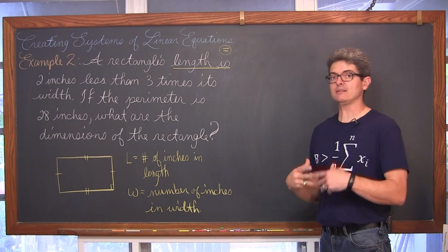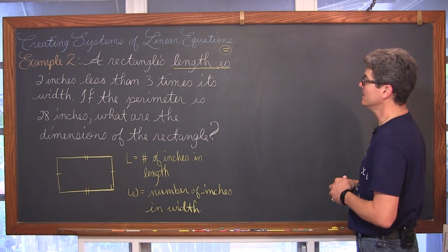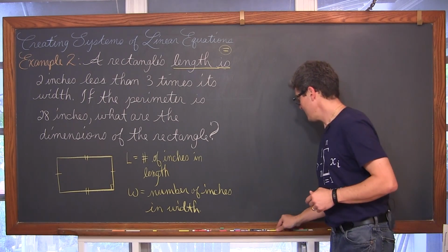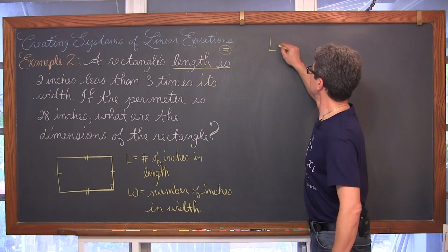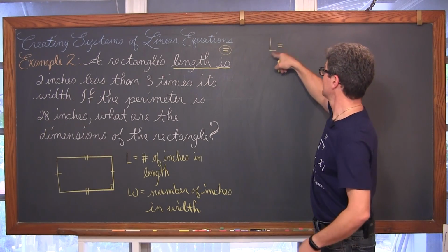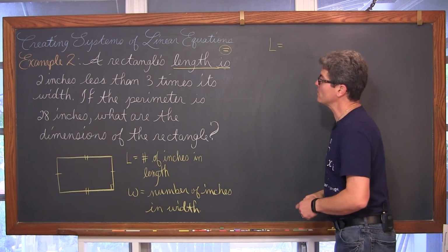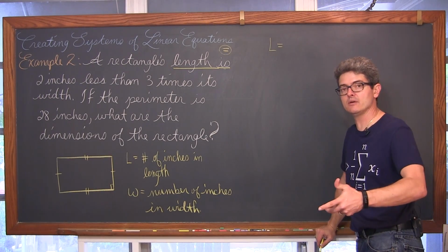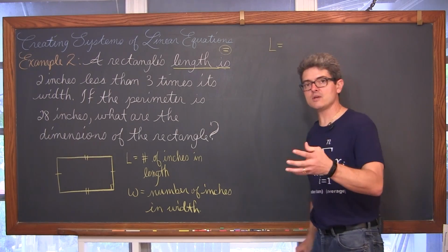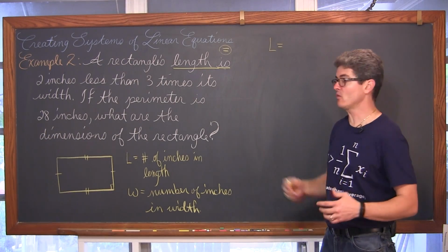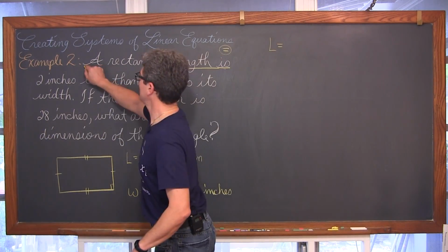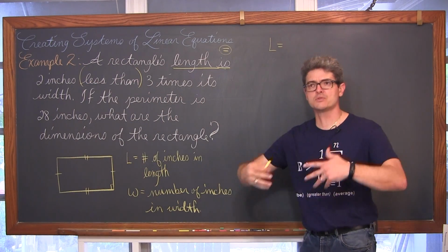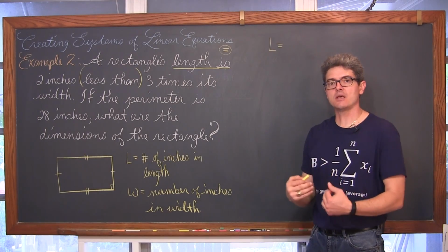Clearly we have a sentence relating the length, L, the length in inches, to 3 times its width. So the first thing in the sentence is length, the next word is "is," that's going to be our equal sign, 2 inches less than 3 times its width. Now I have videos about creating equations from word problems. It just wasn't a system of equations, and we've talked about before how this less than, more than phrase works: more means more to add to, and less is to take away.